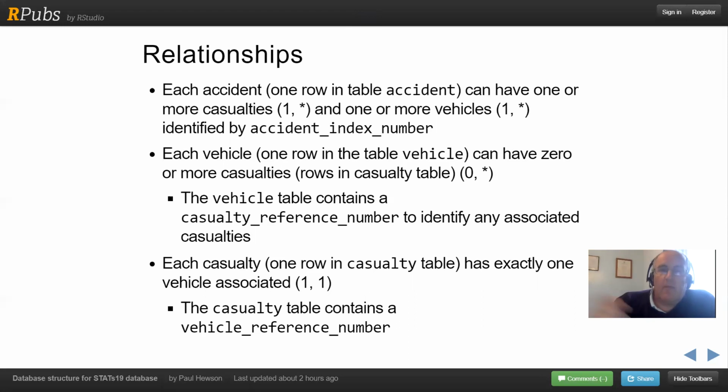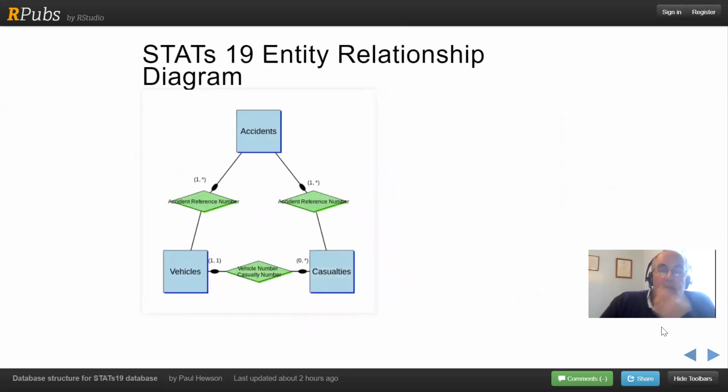But we have relationships that can be one-to-one, one-to-many, and we also have the possibility with vehicles of a specific vehicle not having any casualties associated with them. So that's a description of the various relationships that occur within this database, and we can depict this in what's called an